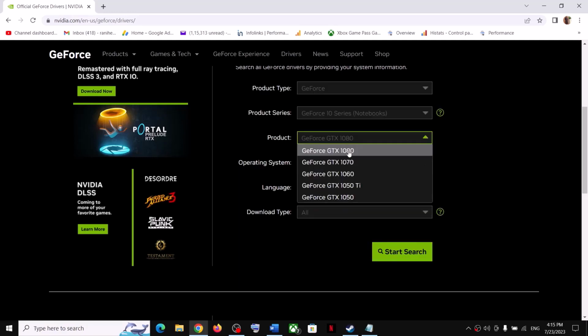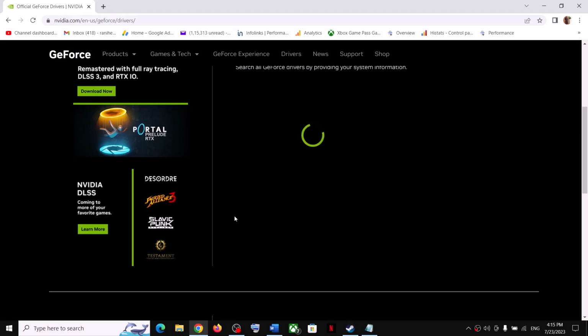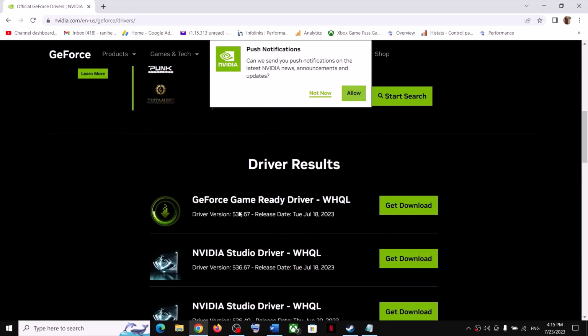Select the right operating system. So if you have Windows 10, select Windows 10. If you have Windows 11, select Windows 11. Click on Start Search and then scroll down. Right now the latest Nvidia Studio driver is 536.67. You can download this